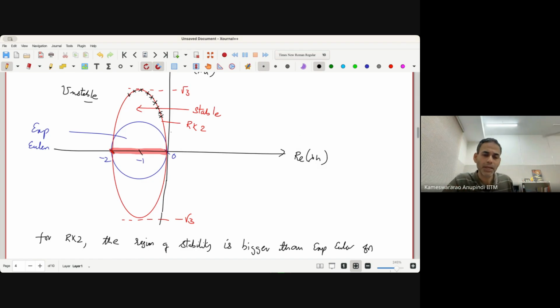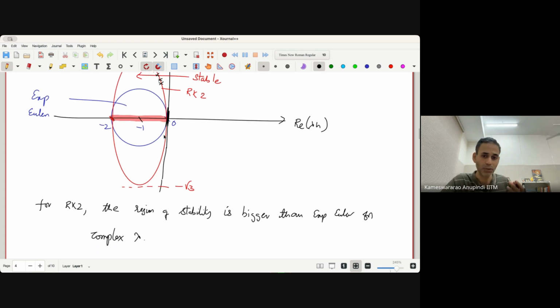But then we also see that the stability diagram is still tangent to the y-axis. That means we cannot have purely imaginary lambda and then obtain a solution with RK2, right? Because it shows that we are going to lie outside the stability region. As a result, RK2 will not converge for purely oscillatory problems where there are only lambda I and lambda r